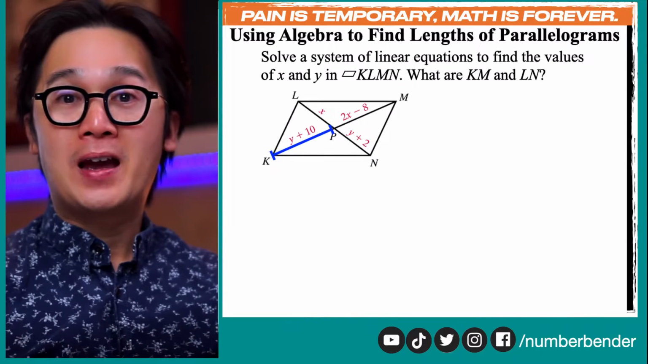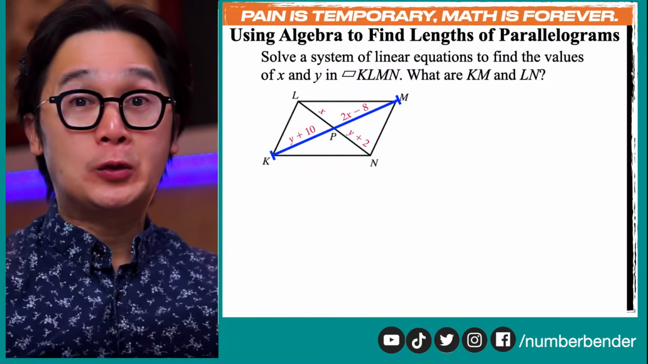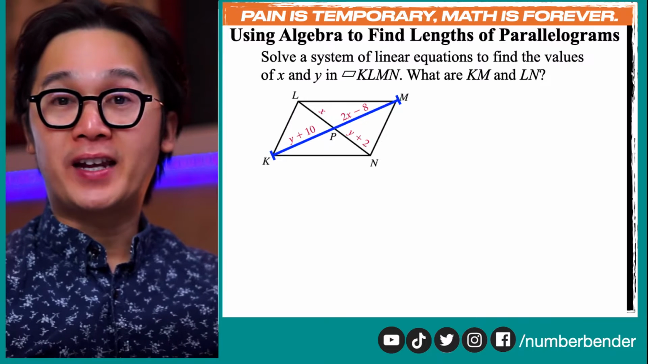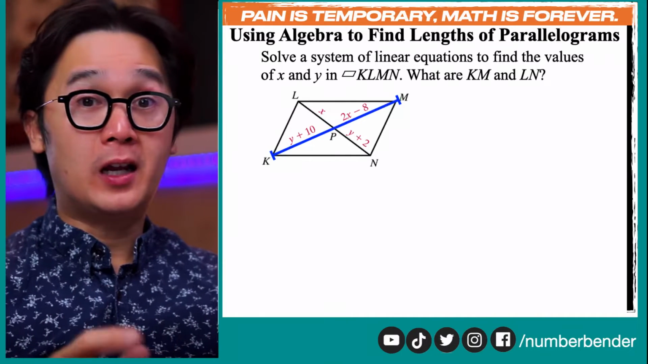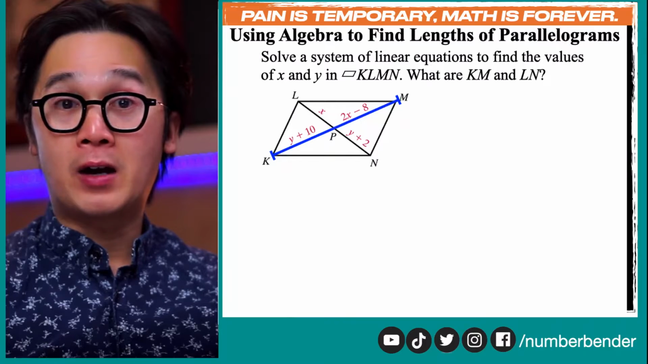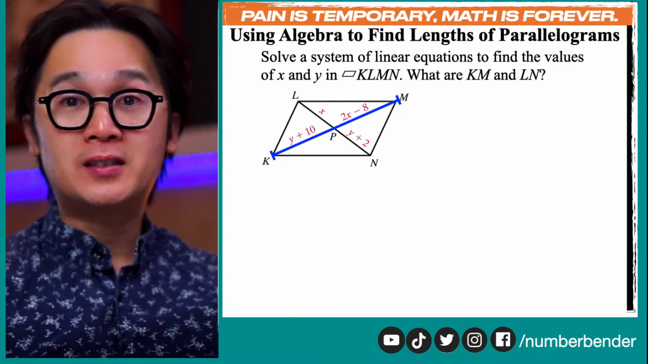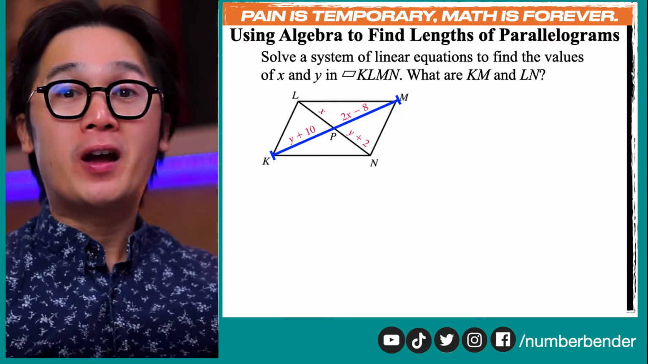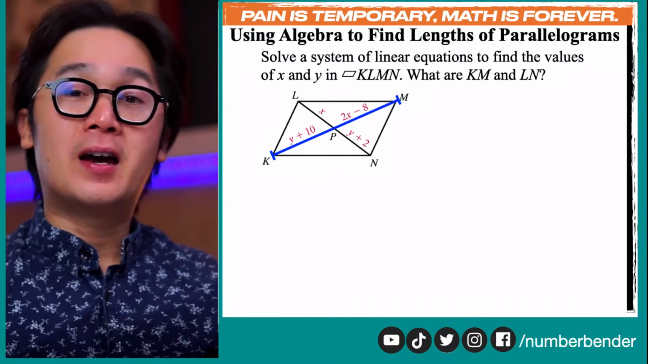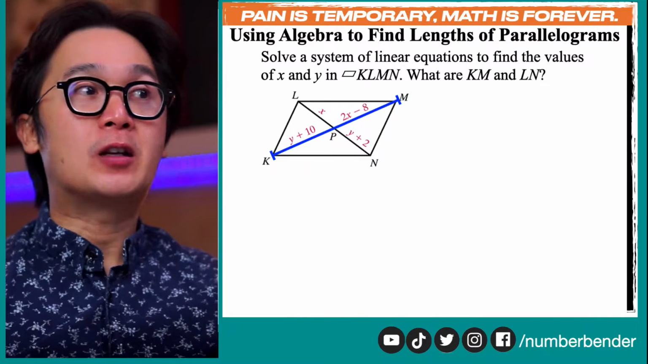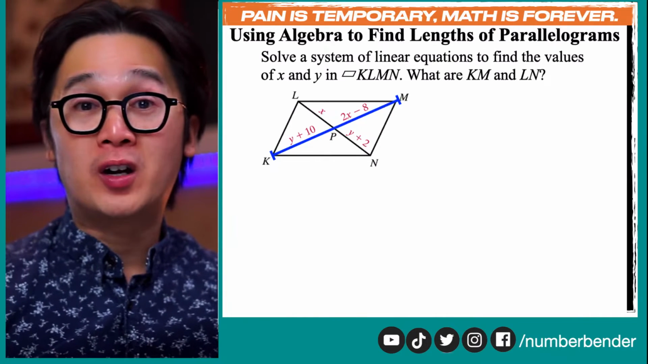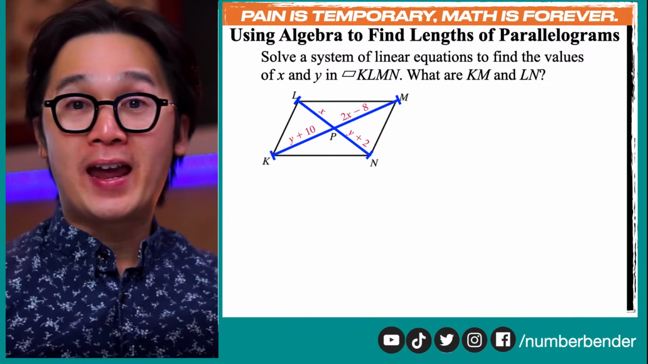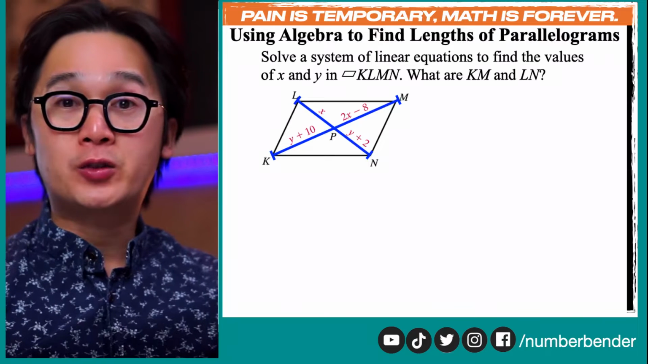So for the measurement of KM, our clue is that its equation is y plus 10 and 2x minus 8. And using the properties of parallelogram, we know that diagonals of a parallelogram bisect each other, which means it cuts our parallelogram into two congruent pieces. So this will help us find the first equation that we're going to be using to solve for our first variable. And for our second diagonal, we have diagonal LN, and we have x and y plus 2 as its